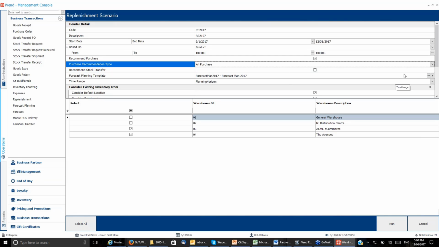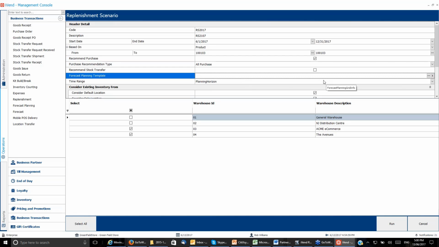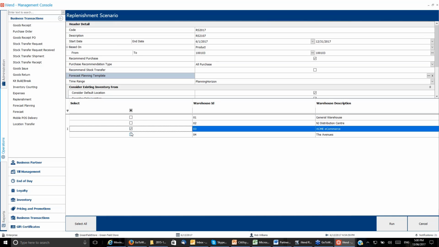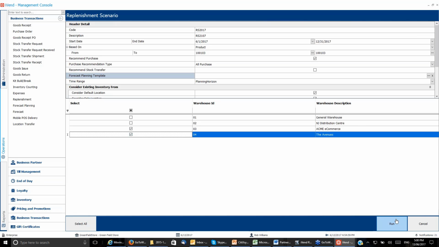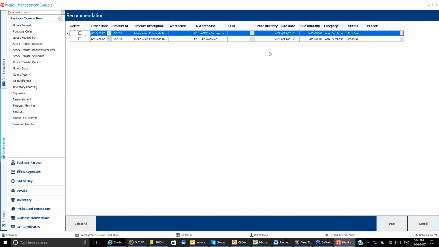Now we can choose to include our plan in this run for recommendations, but let's leave it out for a minute so that we can see what the recommendations are based on just the selection criteria that we looked at in our products. Down the bottom here we've got a select all button, to select all or deselect all, and then you can just select the ones manually here. So I'm going to run this,